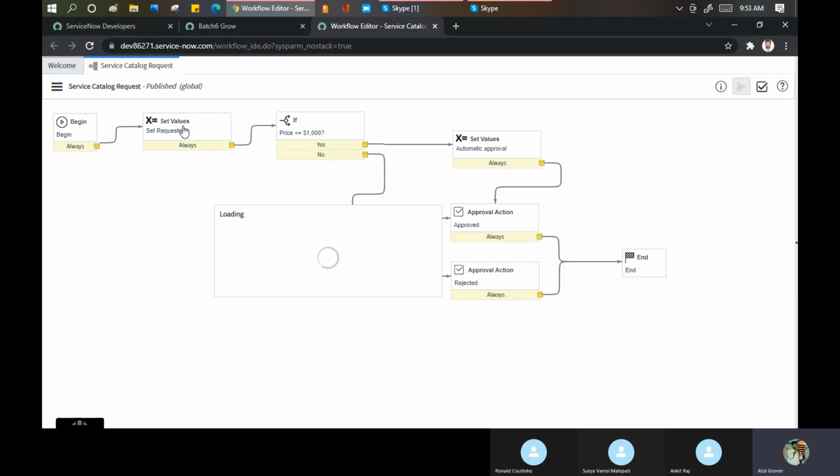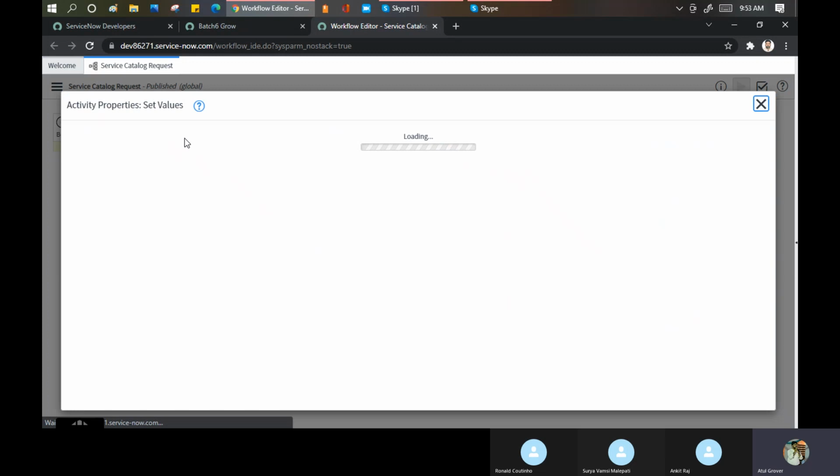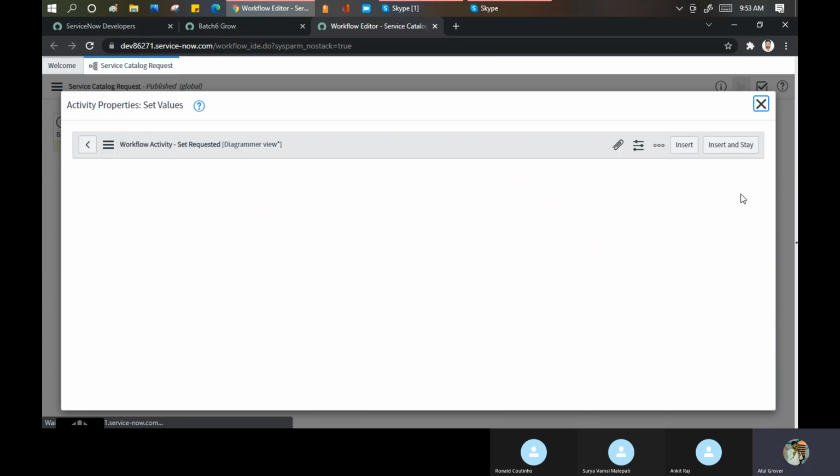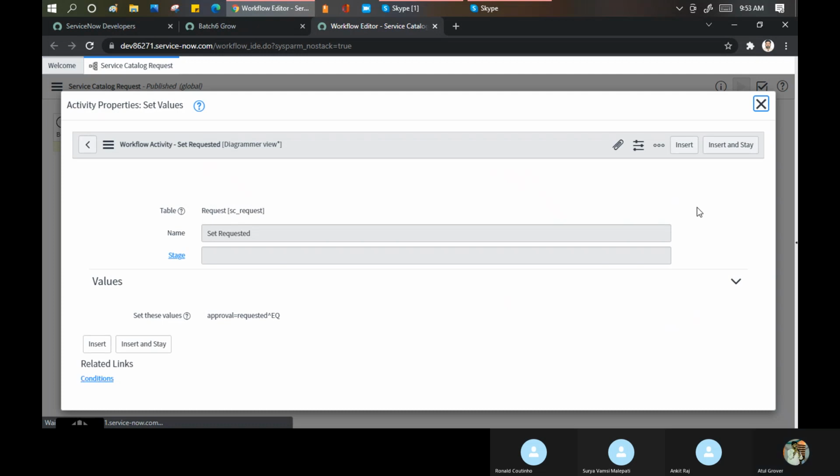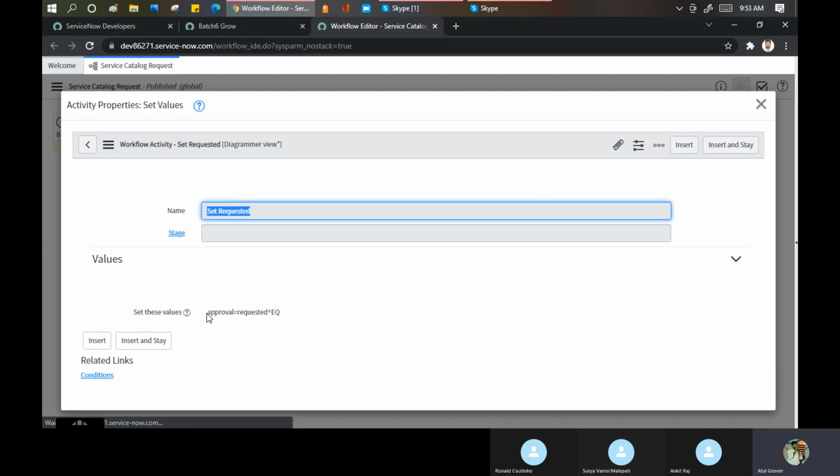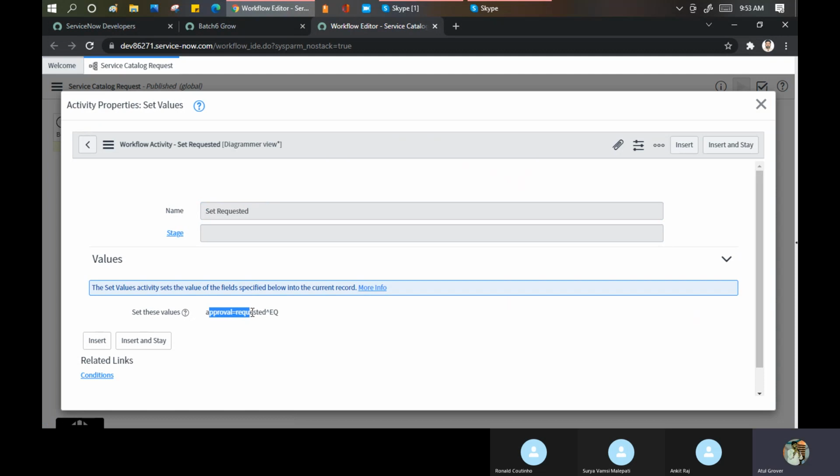Then this sets some values here. What value does this set? These are the property values they're setting. Let's see what property value they'll be setting here. They say when the approval equals requested state. When in the RITM or REQ, the approval is requested, then this workflow should be triggered. Don't be confused. We will do this thing.